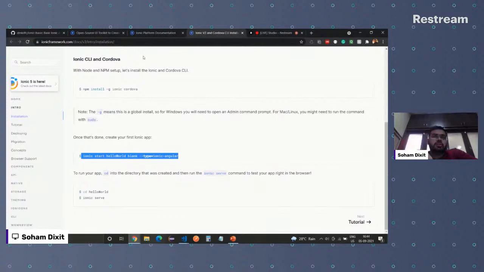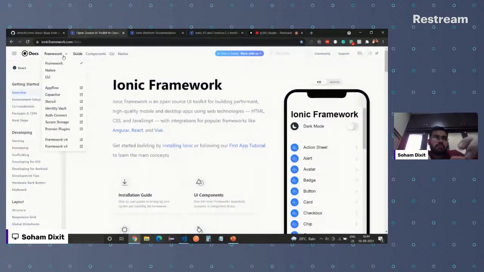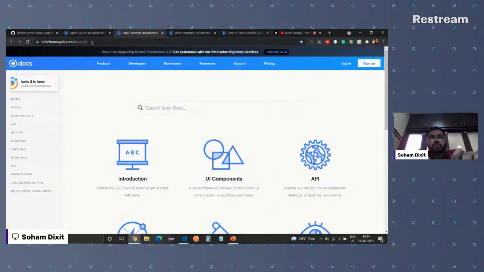Other than this, we don't need anything to build what we're going to do today. And this is the main Ionic website. As I said, we have Ionic 5 going on right now. With Ionic 5, you can integrate React, Vue, JavaScript, Angular, anything of your choice. And in addition to Cordova, we have something called Capacitor as well, but we are not going to go into that depth. What we are going to explore today is Ionic version 3. You can explore different frameworks or tech stacks as well, but this is what we are going to use.